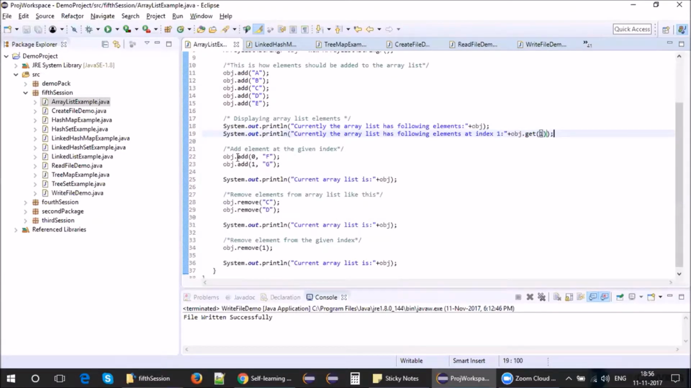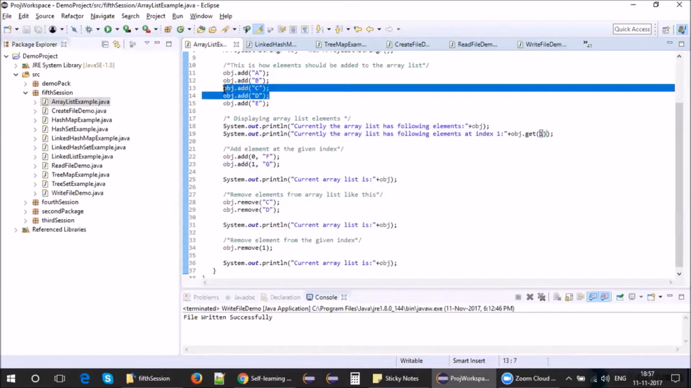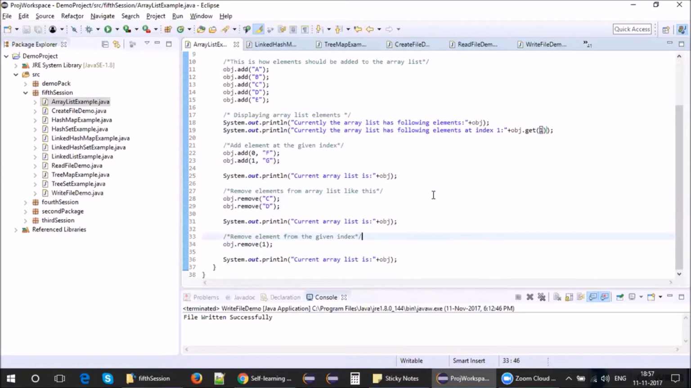Then I am saying change the value of the 0th index to f and the value at index 1 to g. So it will ideally change the values a, b to f and g. Then I'm saying remove c and d. So it will search the elements c and d and remove them. You can remove by giving the values and you can also remove by the index. So if I execute this,